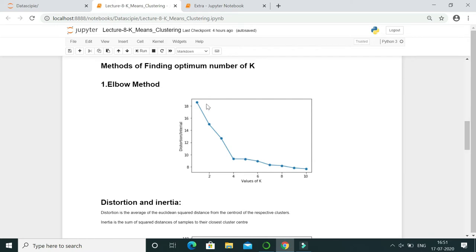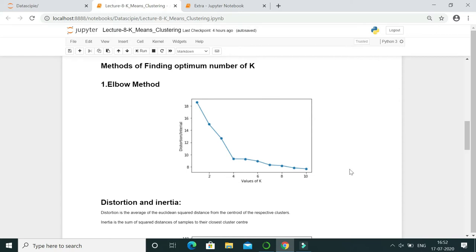The lower the error, the better our model is, but we have to avoid overfitting of the model. So for that we utilize the elbow method. Here this graph looks like a human arm and this point defines the elbow. We take the number of clusters at the point at which the graph forms the elbow. So from this graph we determine that the number of clusters we have to take is 4.